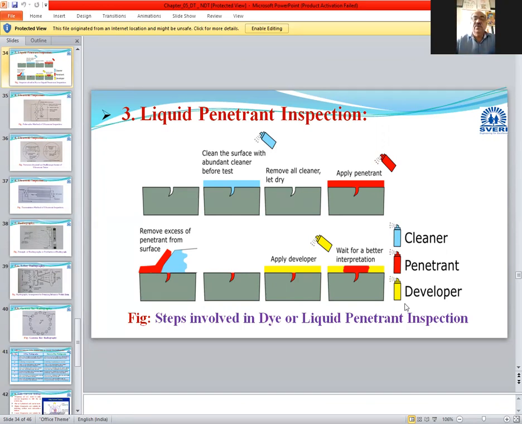So now our time is over. Today's session was related to destructive and non-destructive testing. We have studied some destructive testing, like the creep test, fatigue failures, and tensile test. And next, we have studied non-destructive testing: visual testing, magnetic particle detection testing, and liquid penetrant inspection. So up to here, if anybody has any doubt, you can ask.